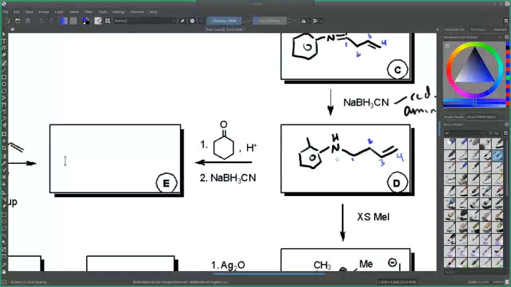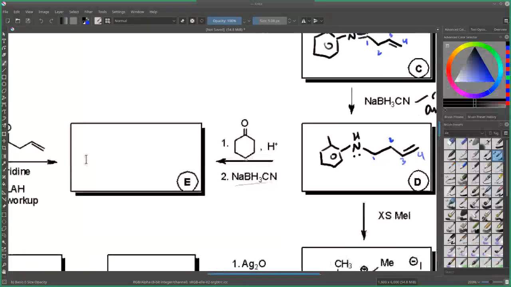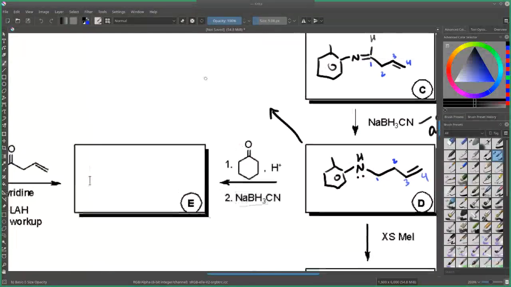So we have this nitrogen, this amine, I should say, set up. And now we have, oh boy, yet another ketone. And again we're using sodium cyanoborohydride. So maybe it wouldn't come as a huge surprise if I said that again we would wind up doing a reductive amination, right? So what does that look like? Well, this time they give it to us all in the same reaction, but let's break it down into steps. So first,